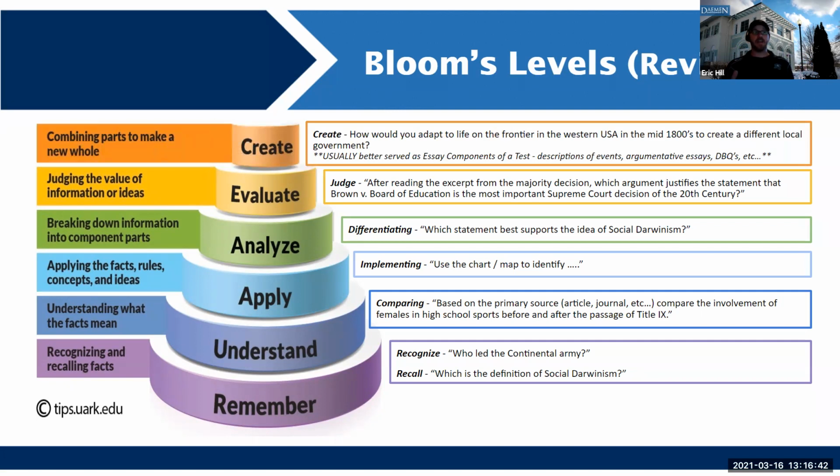So as an example, my history question: how would you adapt to life on the frontier in the Western United States in the mid 1800s to create a different local government? So this one, I'm not going to say it's a terrific question. As I said, usually better served as an essay component. But what I can say is this, that there would also be